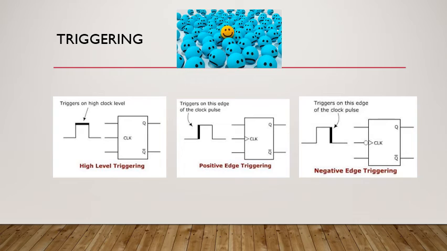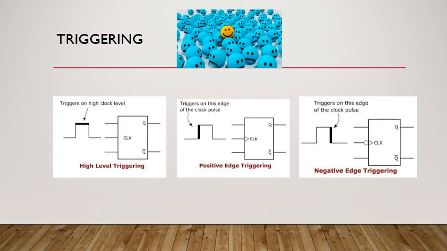Let us now understand the concept of triggering. Now, you might have seen in the previous diagrams that we are providing a clock to the flip-flops. Here we are showing three methods in which clock is provided. In the first one, you can see simply a line is there attached to the block. It is written as clock. In the second diagram, you can see there is an extra triangle also drawn.